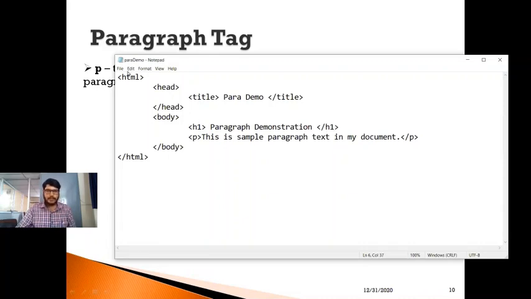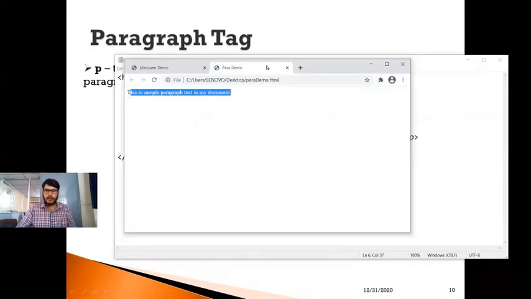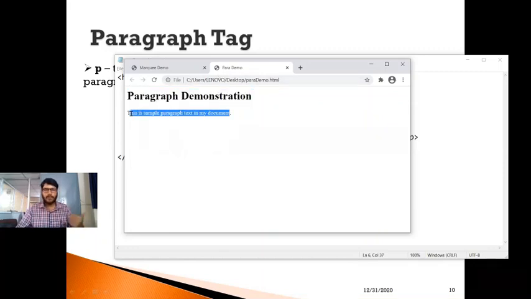Let me save this and go to the web page. Let me refresh this. You can observe this is the h1 tag. By using the h1 tag, we have placed a paragraph demonstration, and also by using a paragraph tag, we have placed this paragraph text.